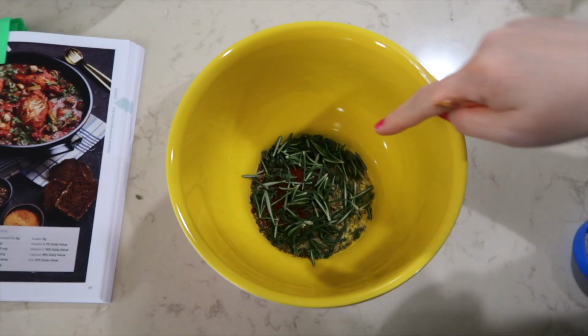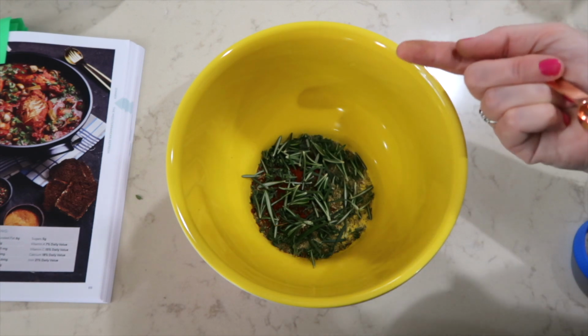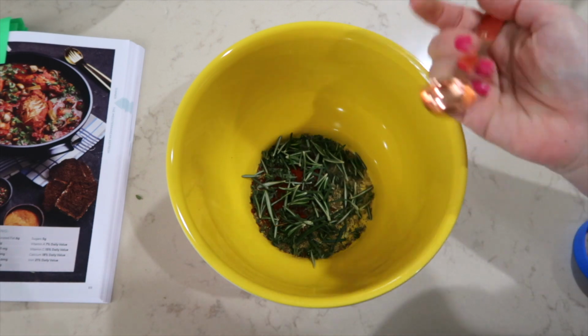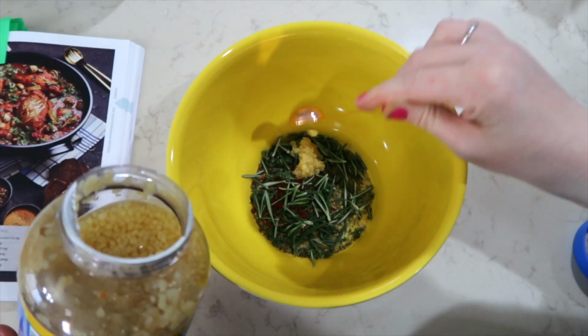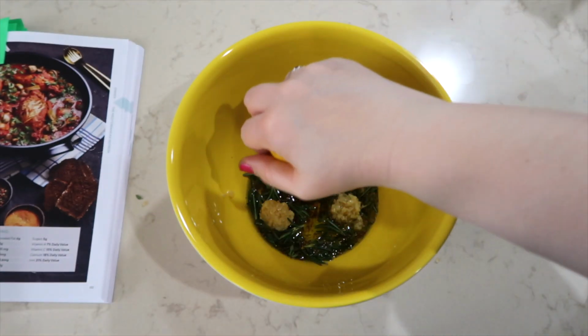So I'm just gonna take some of these leaves off of the thyme stems. I ended up adding just a little bit of the fresh rosemary as well. It's a rosemary baked chicken, and it says just to use the rosemary for garnish, so I just added a few sprigs in here to cook right in with the chicken. Now I'm adding 4 cloves of minced garlic, 3 tablespoons of olive oil, and the juice of half of a